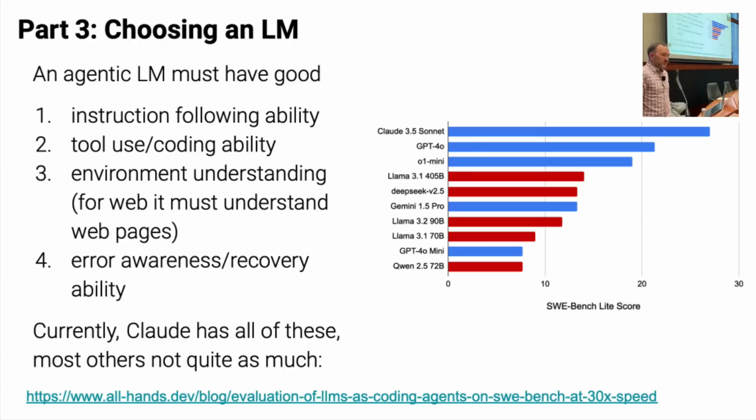We did an evaluation. This is old, and we need to update this basically, but we evaluated Claude, GPT-4o, O1 Mini, Llama 405B, DeepSeek 2.5 on being a good code agent within our framework. And Claude was kind of head and shoulders above the rest. GPT-4o was kind of okay. The best open source model was Llama 3.1 405B. This needs to be updated because this is a few months old by now, and things are moving really, really fast. But I still am under the impression that Claude is the best. The other closed models are not quite as good, and then the open models are a little bit behind that.